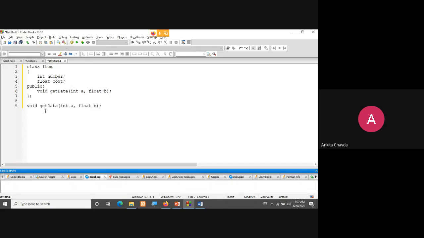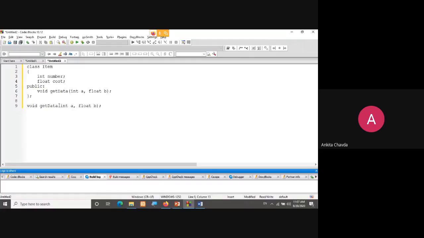Outside of the class. So how can you write your function outside of the class? Only one thing, because nobody knows which class this get data function is from. We don't even know who the Jeet or the Surya Bali is. I need to ask, okay, you are from which class?